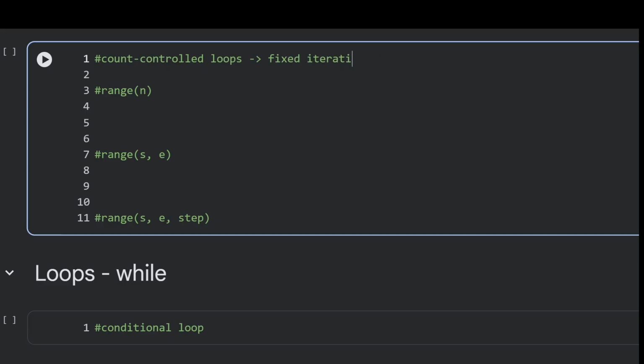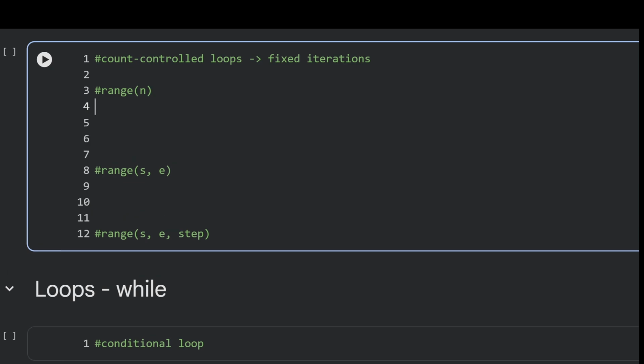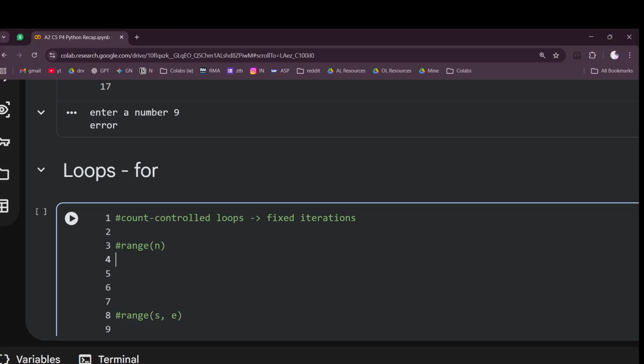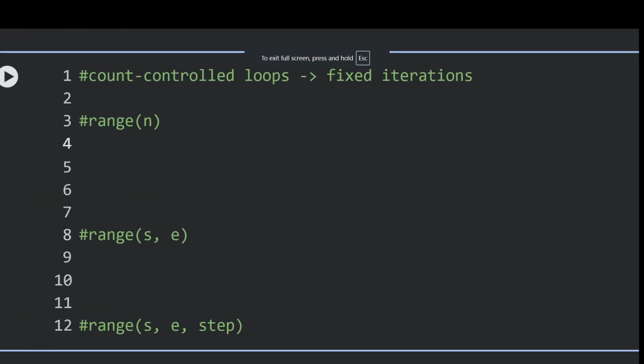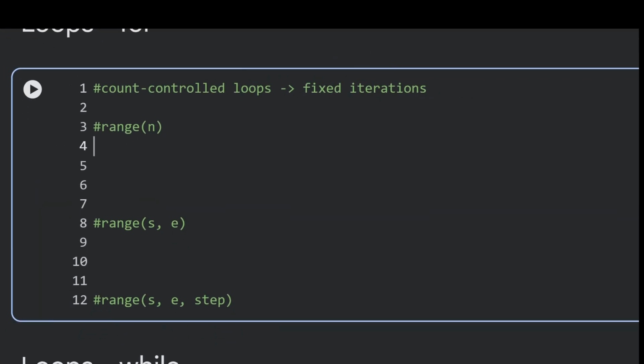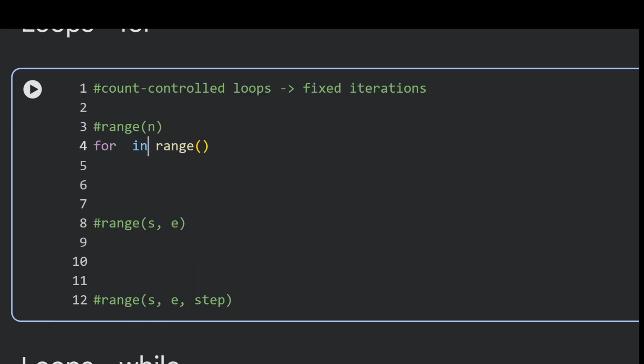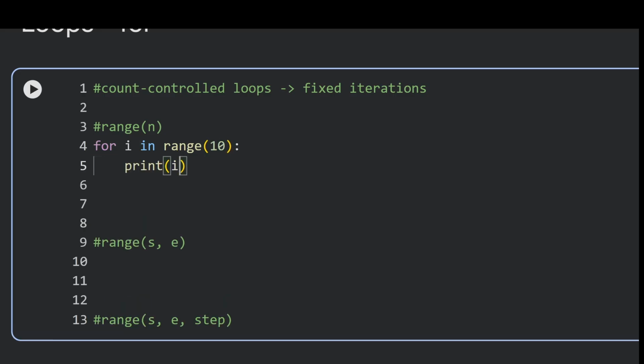fixed set of iterations. Alright, so now there are three formats to count control loop, for loop, that is range and start to end, and start to end, and to a certain step. Okay, so if we have a simple for loop, so let's say print values from start to 10. So print for I in range. So in and range is supposed to be the keyword, and this could be any variable here. It could be a dash, it could be 8, it could be I, it could be count, anything of that sort. So for I in range, and if I write 10 here, and if I print the values of I,